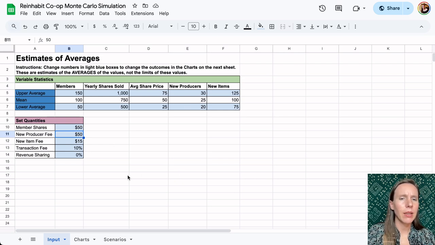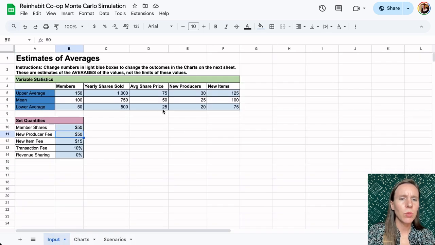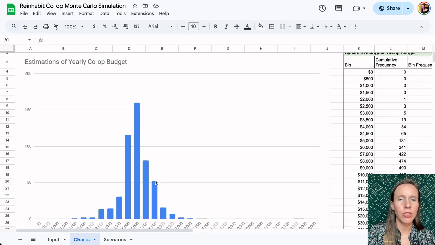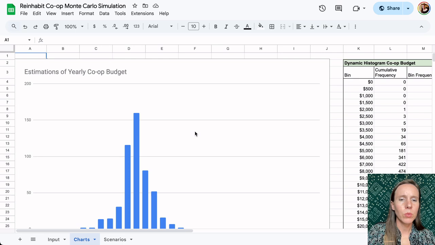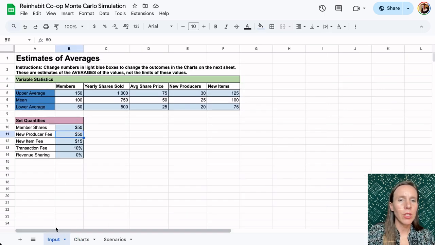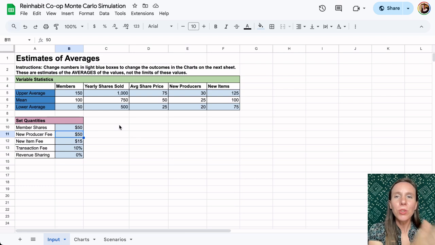This is a Google Sheets file that has 3 different sheets on it. The first one is where you put your inputs. The second one is where you have the charts that actually show you the outcome, where you get this bell curve. So what we're doing is we're using a normal distribution, and you put your range in here that you want it to calculate, and it will give you a bell curve distribution of the possibilities within that range. But you're using multiple different variables, so each one of these is a different variable, and